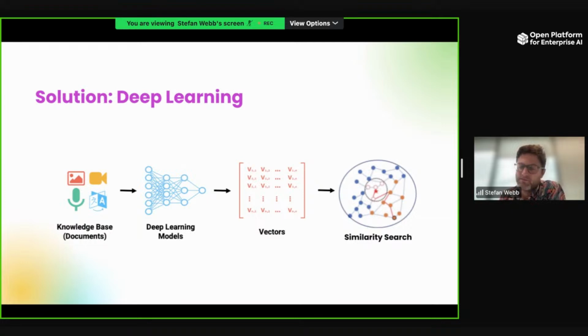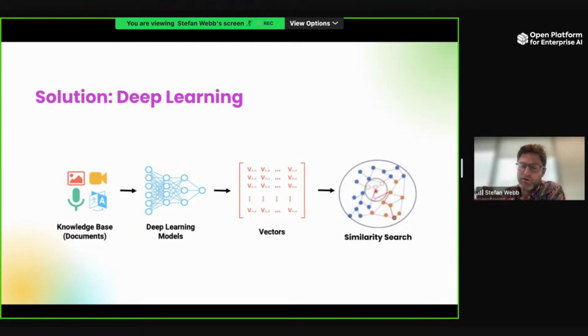How this works is we take our knowledge base, we put that through a deep neural network, which turns it into features, which are sequences of numbers or vectors that represent those inputs. And then to perform semantic search, we can do a similarity search in this high dimensional space of vectors.